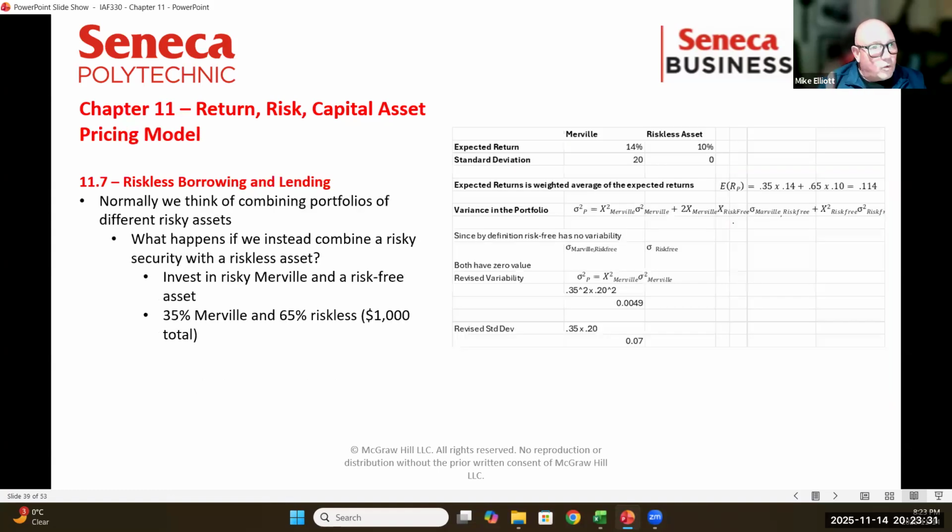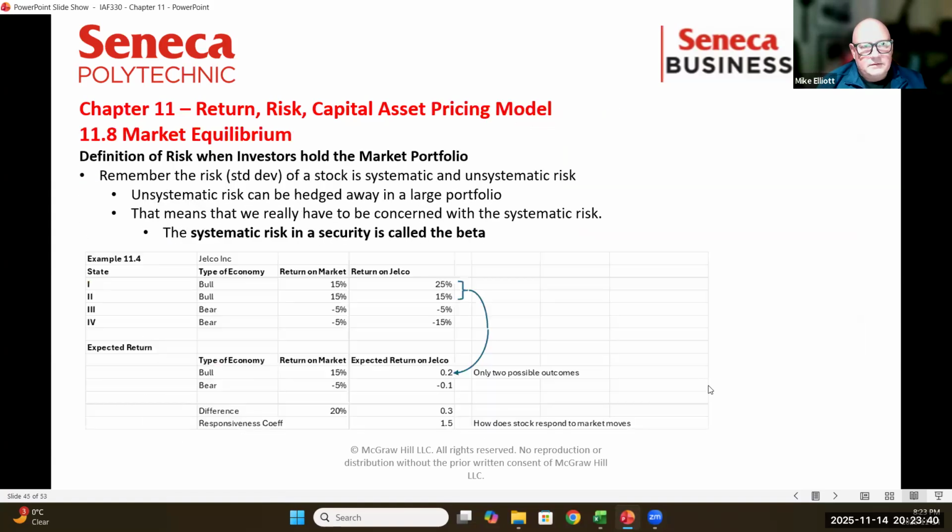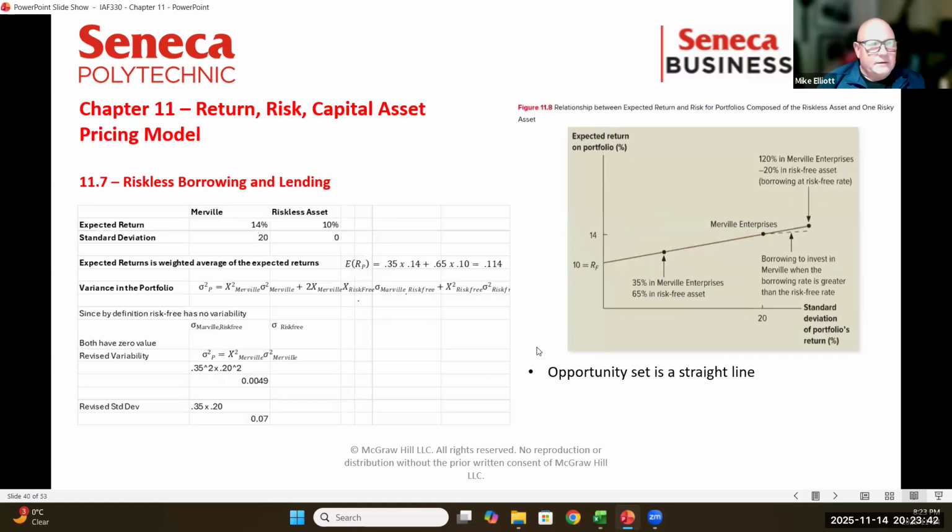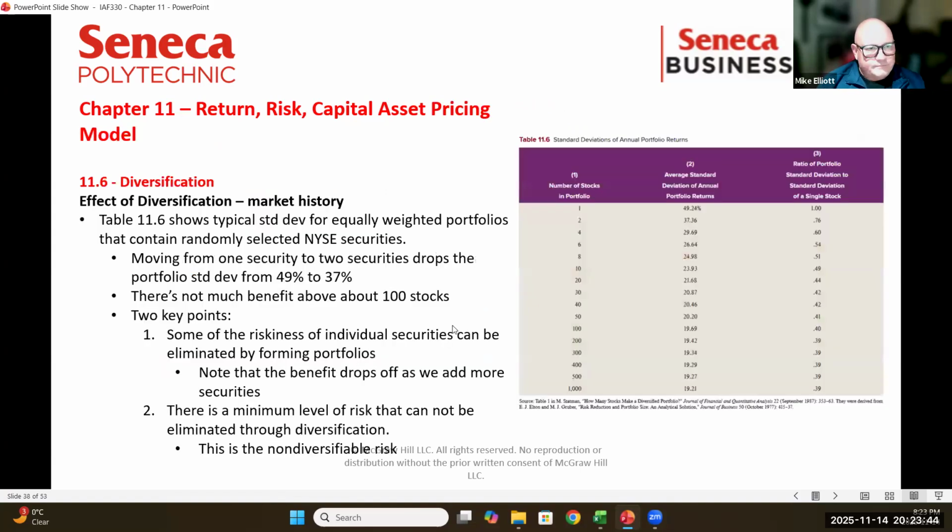We do, however, have a new word for that now. Is it time now? Well, I'll give you the name anyway. It's called beta. We're going to come back to it in a minute. It's the non-diversifiable risk. It's the piece that, no matter what we do, is going to be there from each individual latent stock.